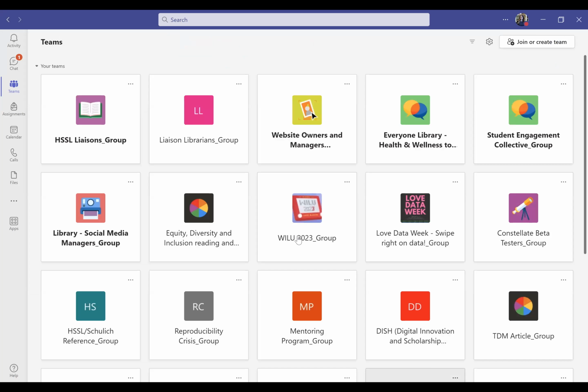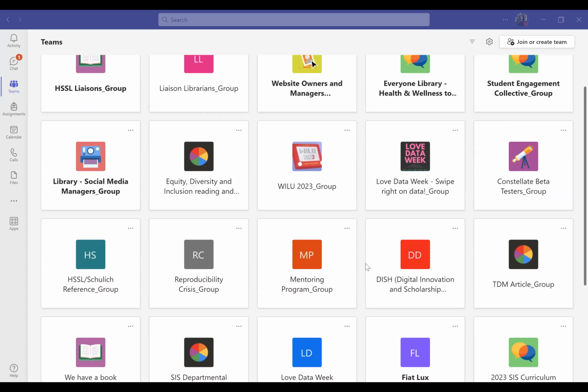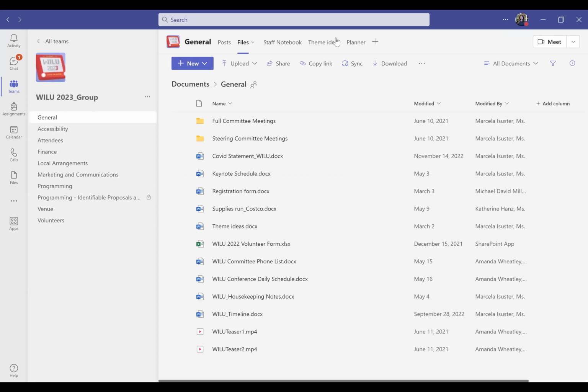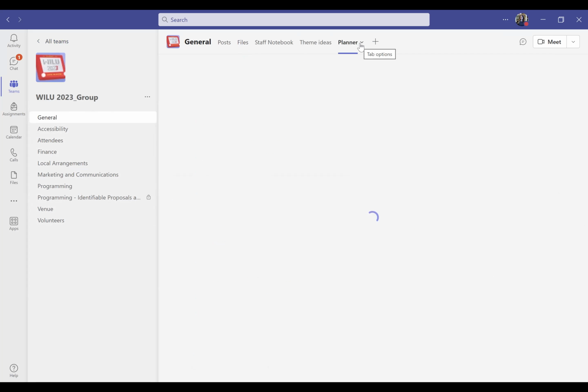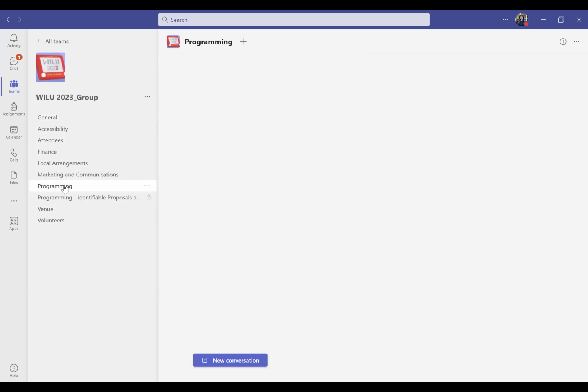I just want to make sure that I'm sharing the correct thing. Yes. So as you can see, I have a lot of teams that I work on for different things. For example, this is a conference that we were planning. For each part of the conference, we had a channel where people could talk about things, but it also allows you to have files. I think at one point you could also create a Microsoft Planner tab here. I quickly abandoned this one, but that's my issue.